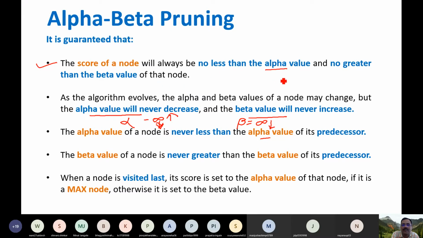So the score of a node should be greater than alpha and less than beta value.